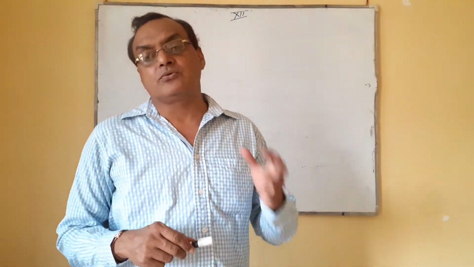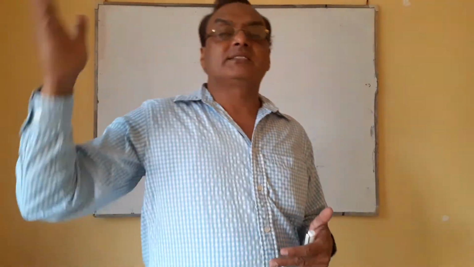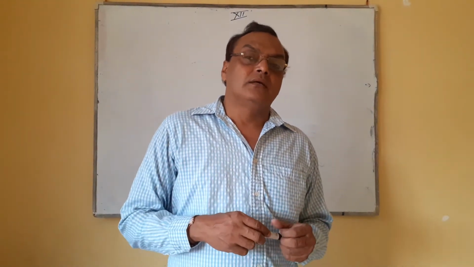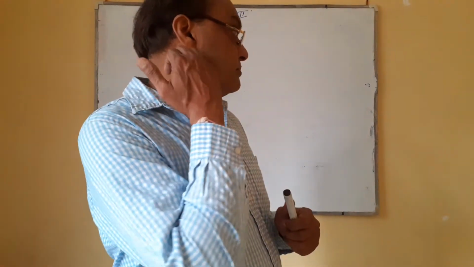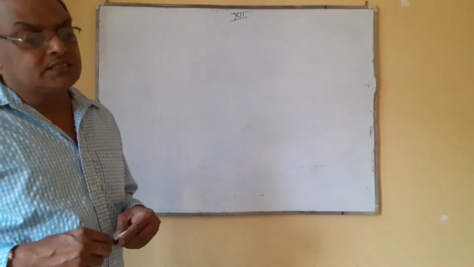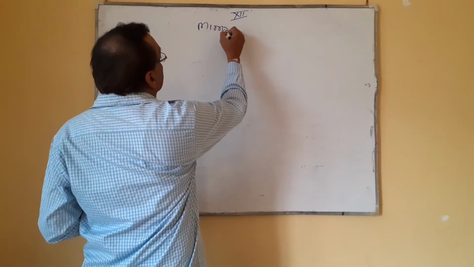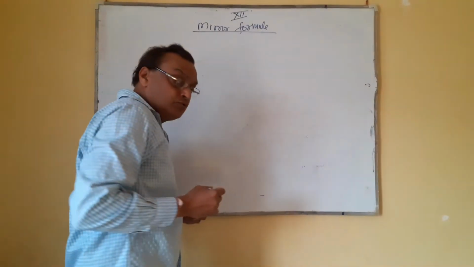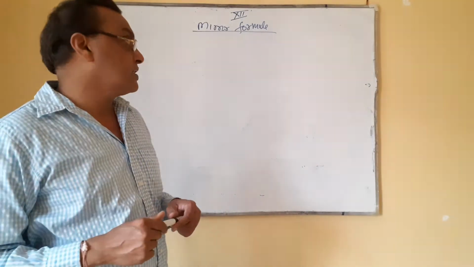Law of reflection, there are two laws of reflection: incident ray, reflected ray, and normal all lie at the same point in a plane. Angle of incidence is equal to angle of reflection. This concept you all already have. Actually, here we will discuss the mirror formula. About the ray diagram, you know that in a concave mirror, a spherical mirror, there are different positions. So you already have the concept.